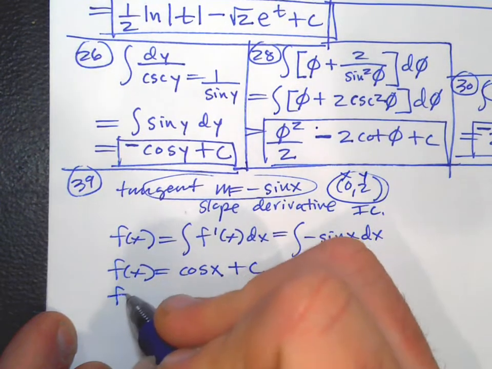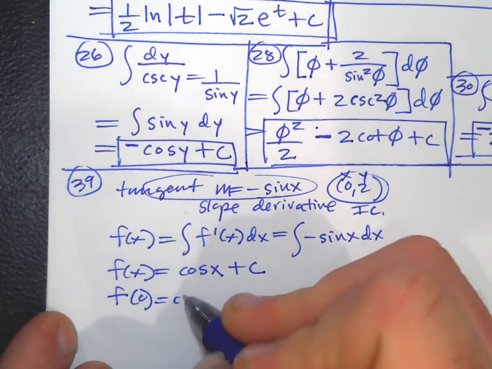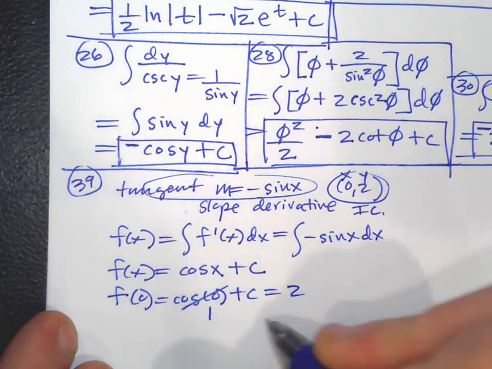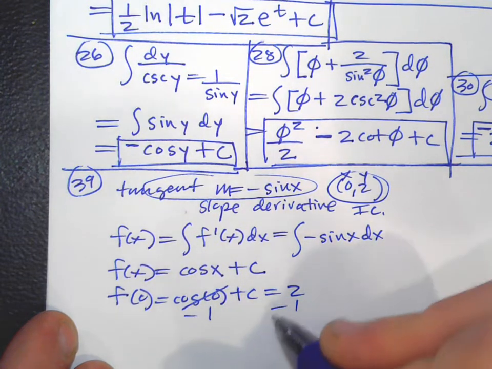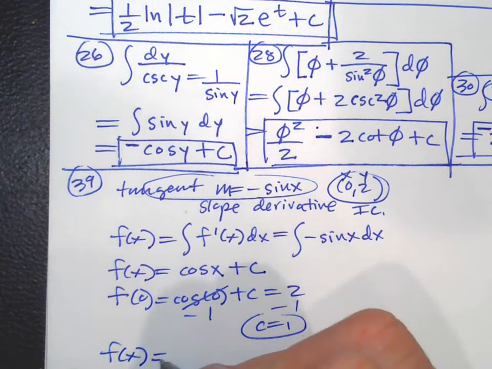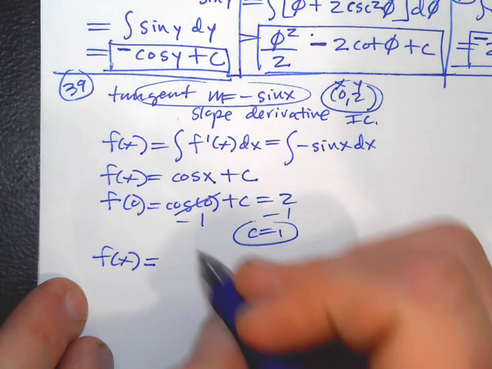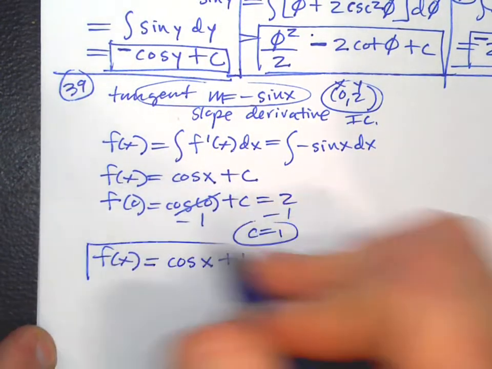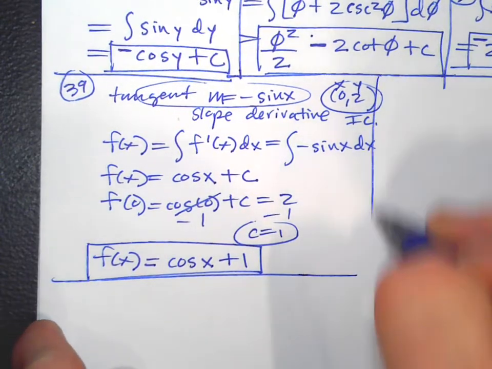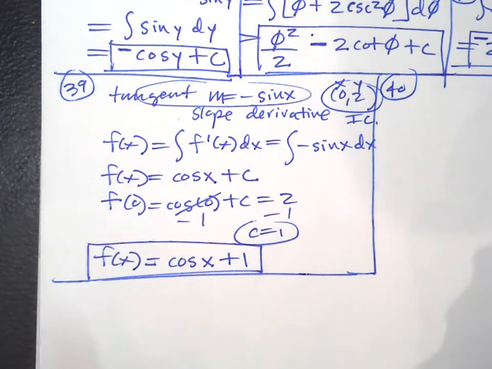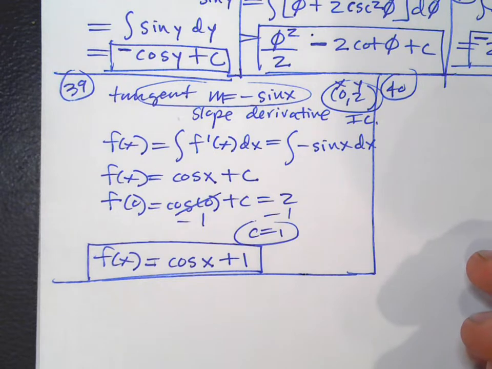This is your x, this is your y. So if you plug in 0, you should get 2. Cosine 0 is 1. So you're going to subtract 1 from both sides, and c equals 1. So your final answer for the function is f of x, or y equals cosine x plus 1. All right? Okay, 40 says, suppose that a point moves along a curve y equals f of x in the xy plane in such a way that at each point x, y on the curve, the tangent line has a slope of x plus